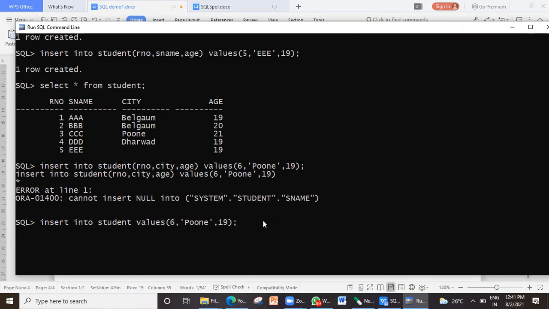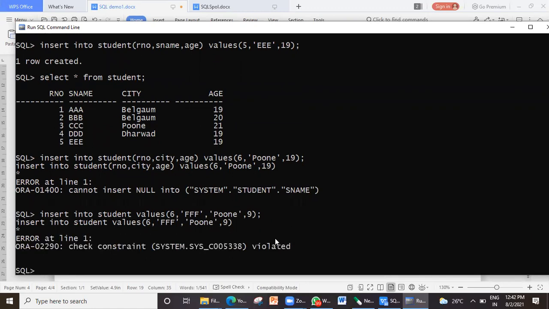Insert into student values, roll number 6, comma, I insert the name as FFF, and let me insert the age as 9. Is it clear to you? Roll number 6, name is FFF, city is Pune, and age is 9.